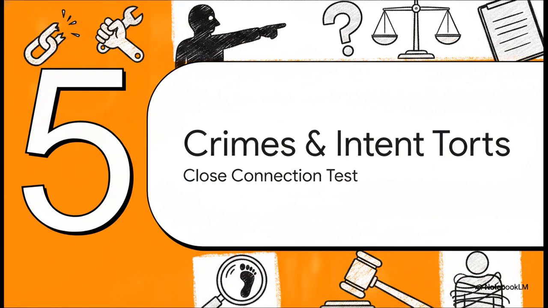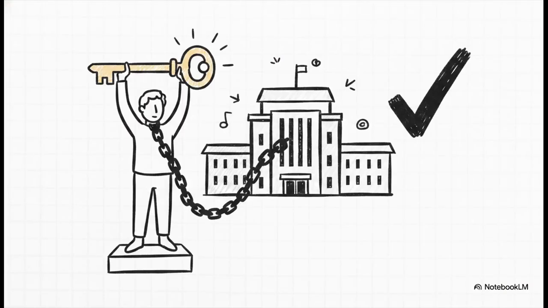Moving right into Section 5, Crimes and Intentional Torts, and taking a deeper look at that close connection test. Let's apply that close connection test to intentional torts. We have to look at the incredibly tragic 2002 case of Lister v. Hesley Hall. A boarding school warden abused children who were under his care, and the House of Lords held the employer liable. From a purely legal standpoint, the significance here is that deliberate, unauthorized wrongdoing, even for personal benefit, can still trigger vicarious liability if it's inextricably linked to the duties the employee was entrusted with. It was his very role as warden that gave him the authority and access to commit those torts.